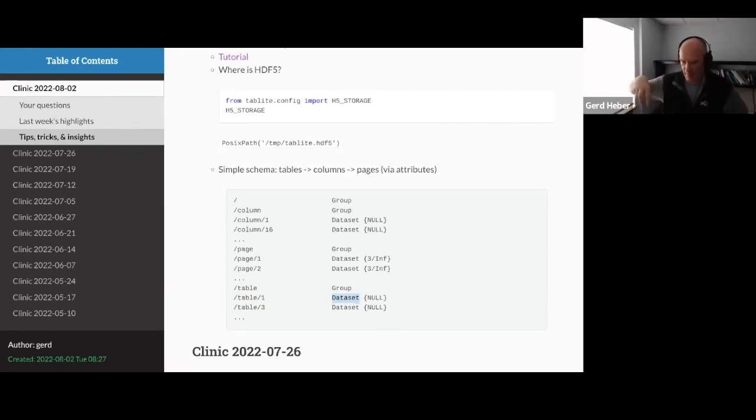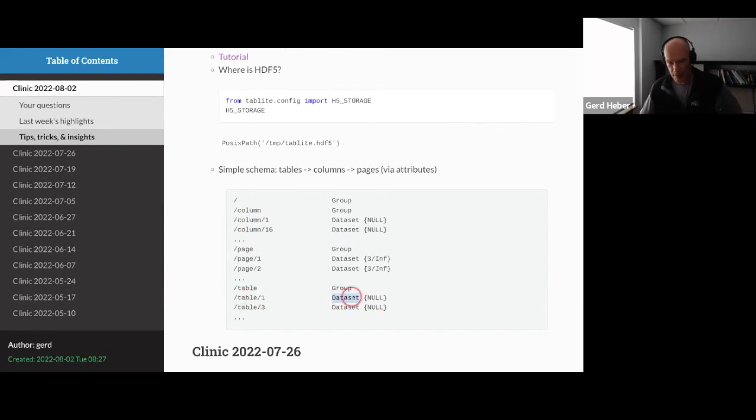The same way here, he uses an attribute called columns, where he lists the names or the path names of the data sets representing the columns of this table. So for table 1, under the columns attribute, it would say /column/1, /column/2, /column something.